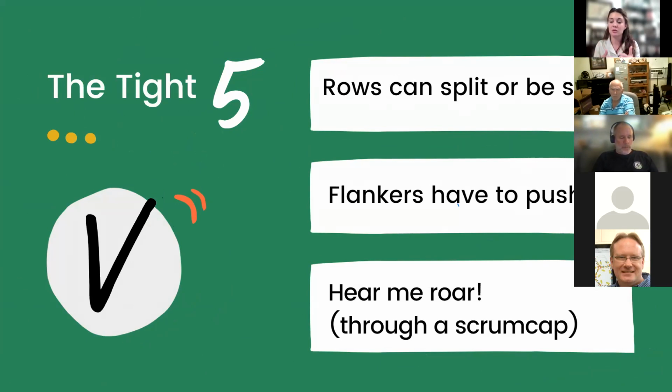Sometimes this happens, especially when the loose head is trying to get away from pressure and they have a gung-ho second row. You'll see that loose head just kind of fold up. And so that's what you want to think about, that if you're seeing the rows splitting, that means there's a ton of pressure on that scrum. And you're also probably seeing the scrum either fold, go backwards,